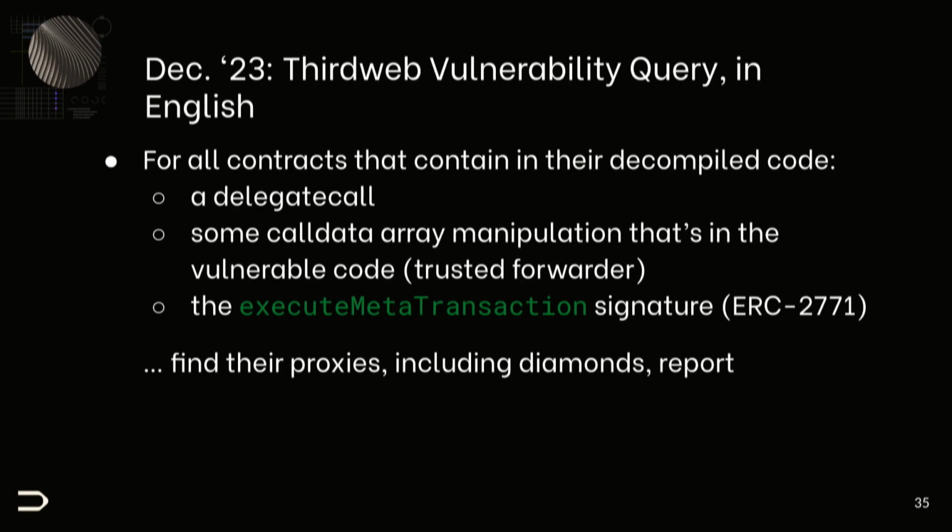For all contracts that contain these elements in their decompiled code, so they contain a delegate call, they contain some specific call data array manipulation that indicates a trusted forwarder, which is part of this vulnerability, and they also support a certain interface that indicates multi-calling, find the contracts themselves, and if they're implementation contracts, also find their proxies, including daemon proxies, and report the union